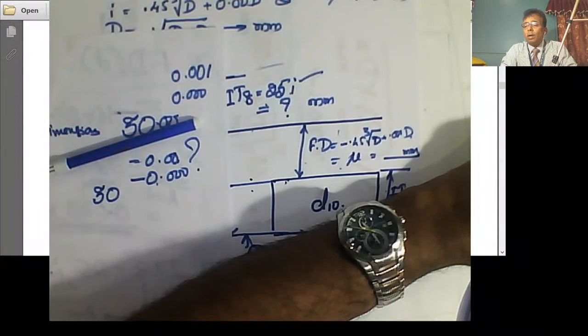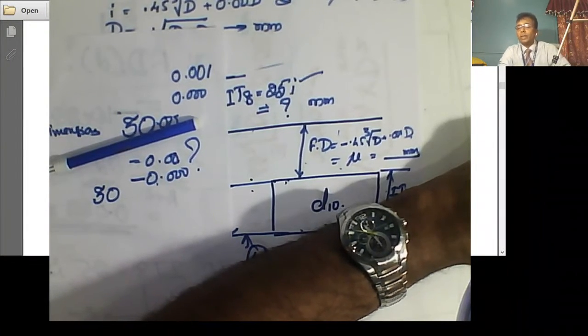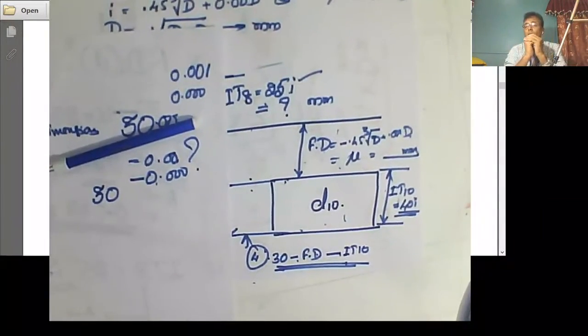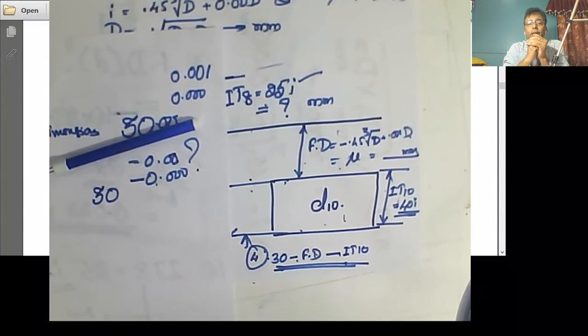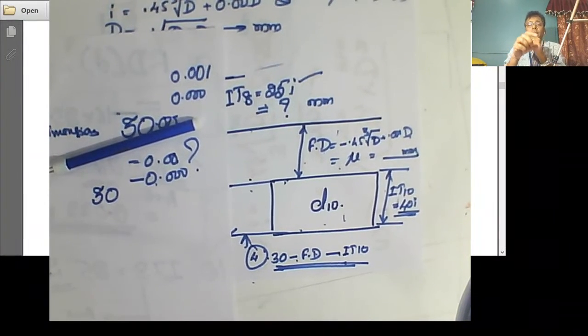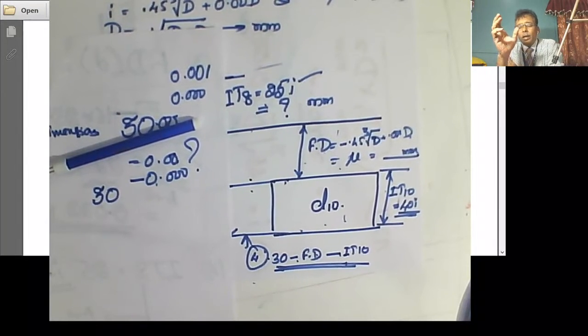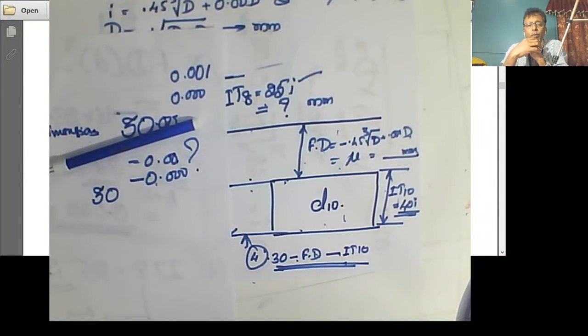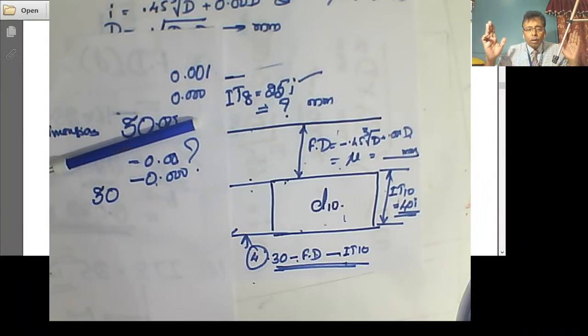Do not worry. Why not the next diametral step? Oh, there is a question. Why not the next diametral step? See, between 30 to 50, 50 to 80. Got it? We are going to use the nominal diameter. What is our diameter in the present case? Let us say the given value is 25. Let us assume 25 H8 D9, 25 H9 D10. Anyway this 25 is lying between 18 and 30, so there is no issue at all. But now when you consider 30 and take the next diametral step, 30 to 50, the D value will be more than the actual size.